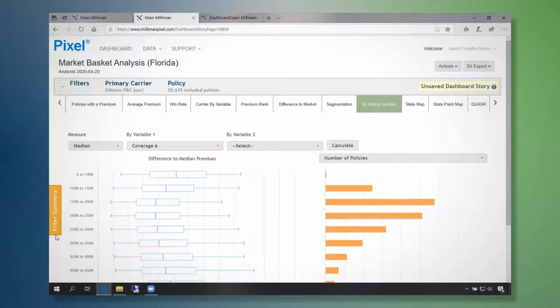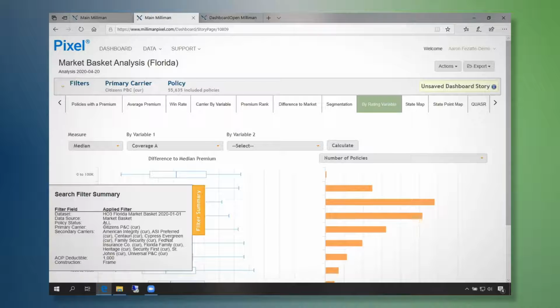And then if you ever want to make sure and see what filters you have, there's always that filter summary again. So here, again, we've got our primary and secondary carriers. The two new things since we added those filters is the AOP deductible and the construction equals frame.